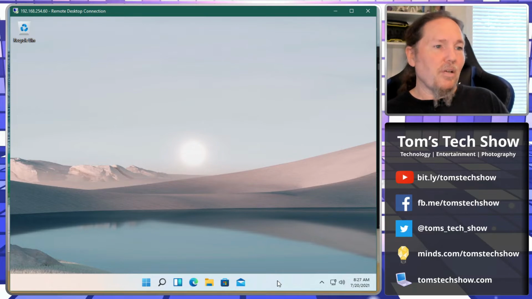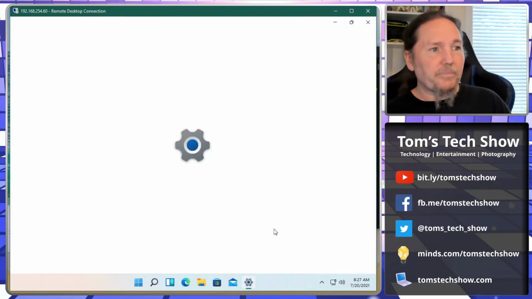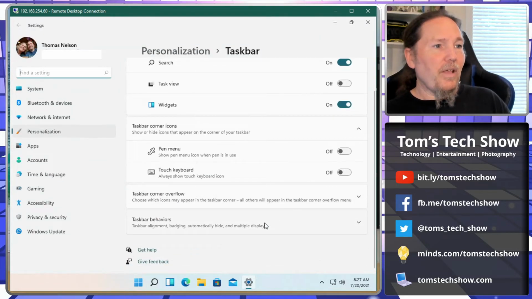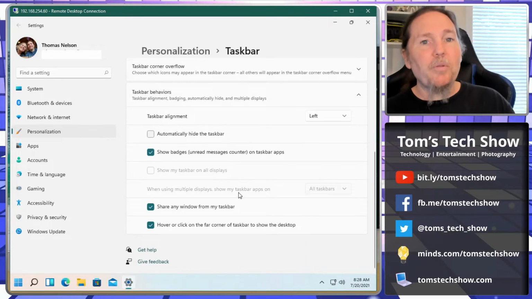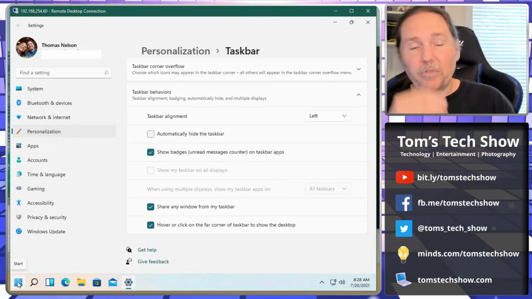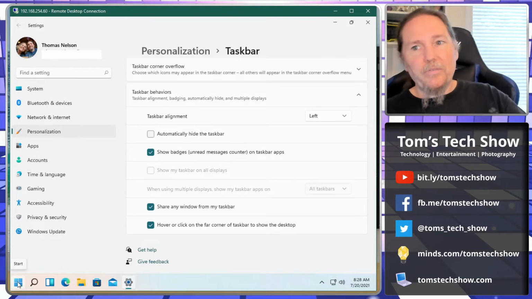I mean, yes, you can come here. I'm sure that there's a registry flag. We can go into taskbar settings here, and there's a flag here, taskbar. So we can change that to go over to the left, and that's probably what I'm going to do. I'm just going to send it over to the left, and if any business were to eventually move to Windows 11, that's what I'm sure they would do, move this over to the left because it's just not